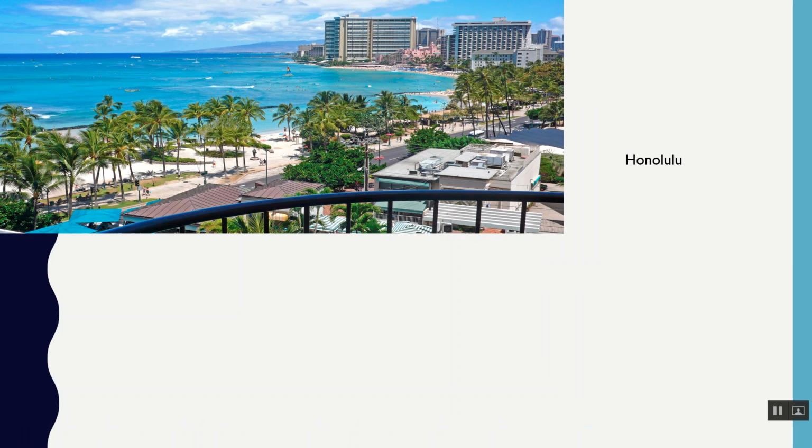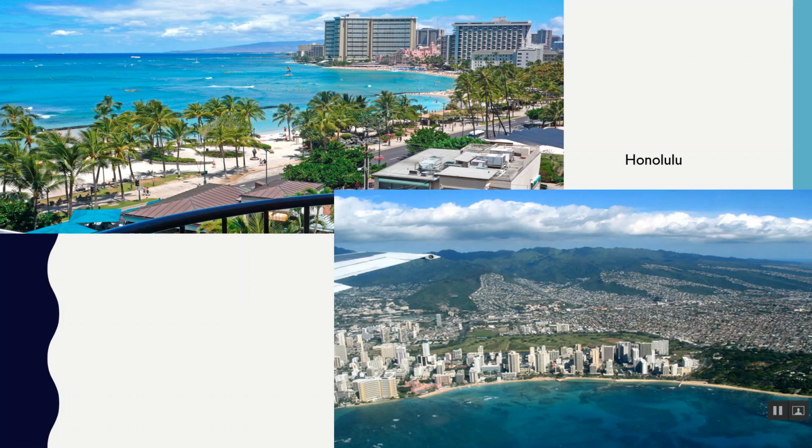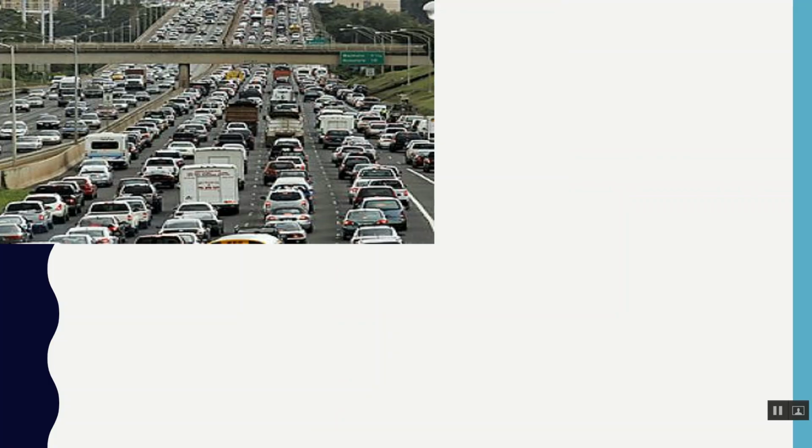Honolulu, if you have visited Hawaii on Oahu, Honolulu is a beautiful city, but has some of the worst traffic in the country, if not the worst traffic in the country. So to try to deal with this really horrifyingly bad traffic, which I spent a summer doing research in Hawaii and I sat in a lot of this traffic,